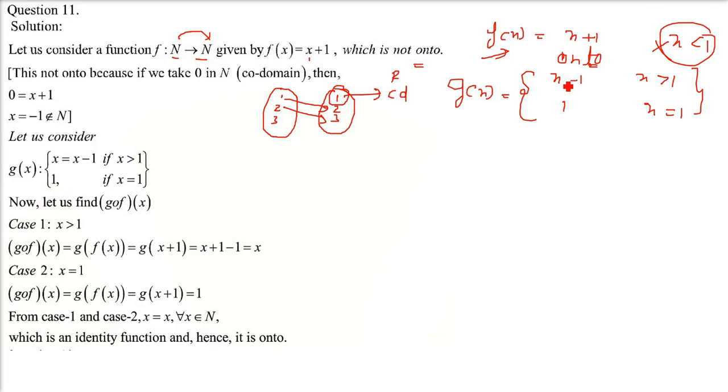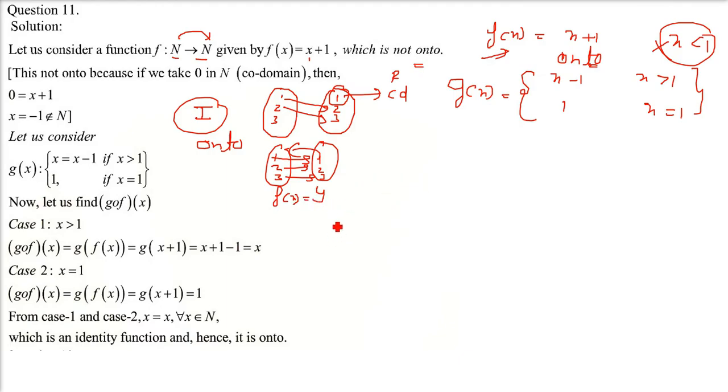g(x) is just saying that f is not onto, but we have to take g such that g o f is onto. Now if you remember, identity function is always onto, because if I write 1 2 3 and 1 2 3, 1 is mapped to 1, 2 is with 2, 3 is 3, they are all mapped, they are identity functions. So you will get y, and for every y there will be an image f(x) in the first set.